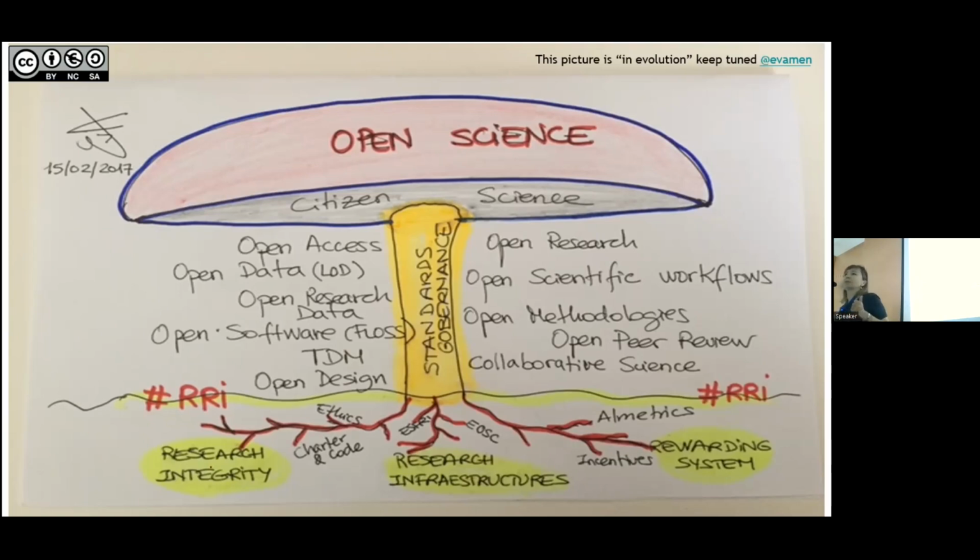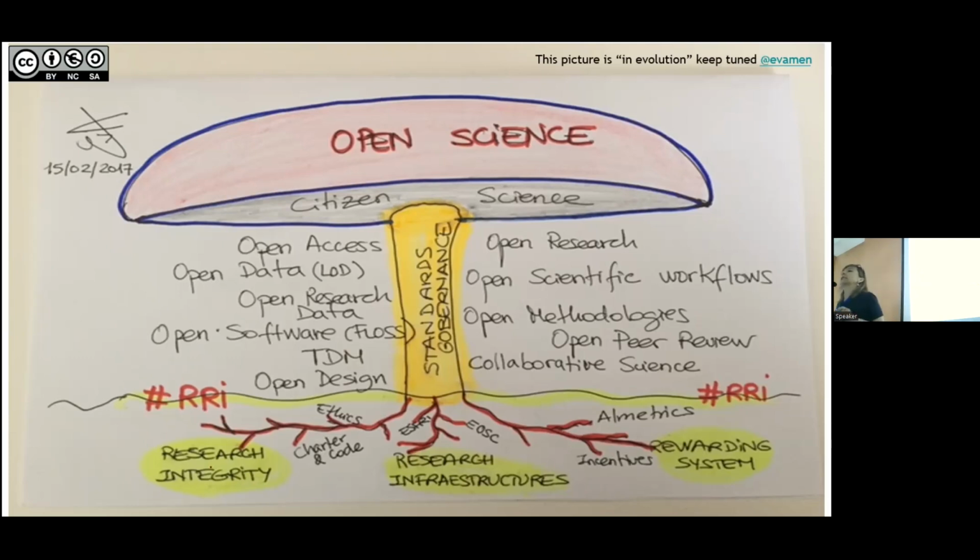We need a new research integrity. When we have ChatGPT, when we have different sharing practices, we need new research integrity mechanisms that come with the ethical approaches in the charter and code and in the policies. But also we need research infrastructures and solid standards that make open science a real context, not just an intangible thing, whereas the European Open Science Cloud is a tangible infrastructure to make open science happen in Europe. And the most important is the reward system. And as a part of the umbrella of the mushroom,